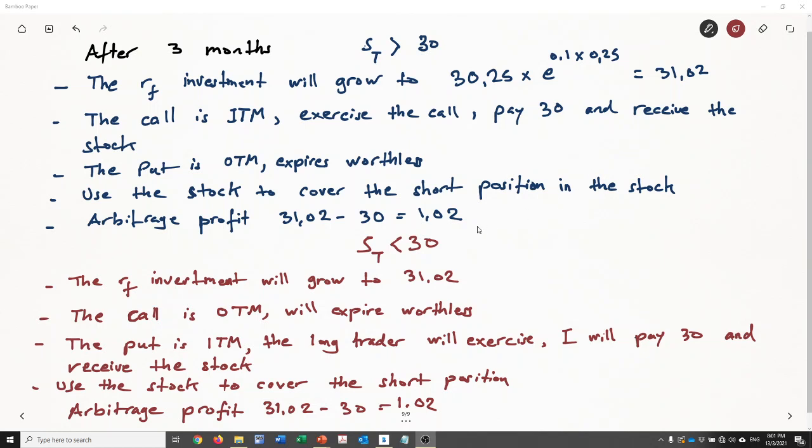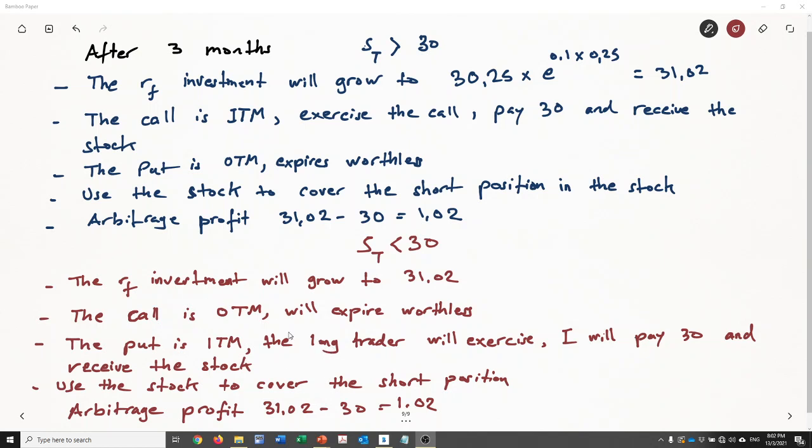The second case, when ST is less than the strike price, which is 30. Again the risk-free investment will grow to 31.02. That will not change. However, the call option will be out of the money, and when it is out of the money, it will expire worthless. The put option will be in the money, and remember, what position did we take in the put? We took a short position. So when the option is going to be exercised, it will be exercised by the long investor,